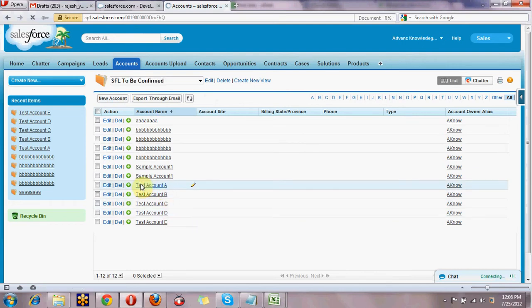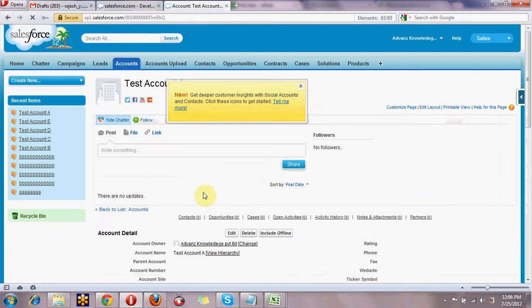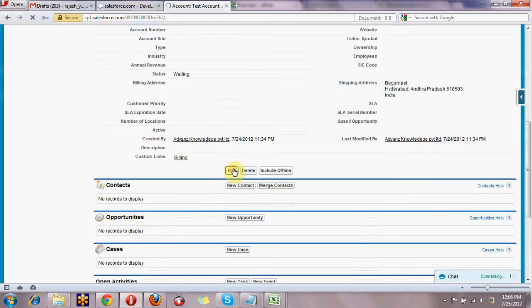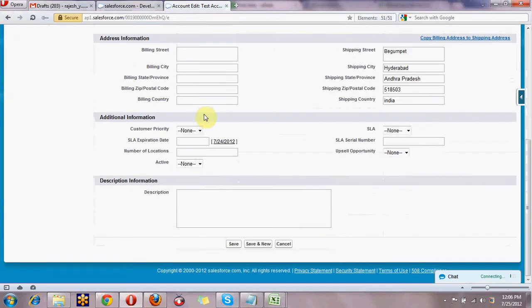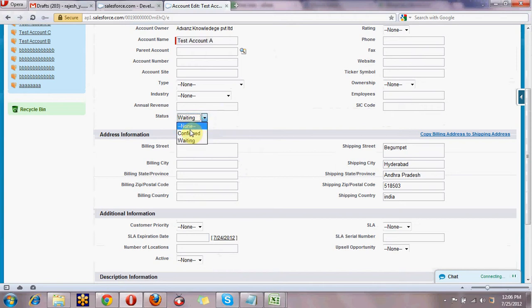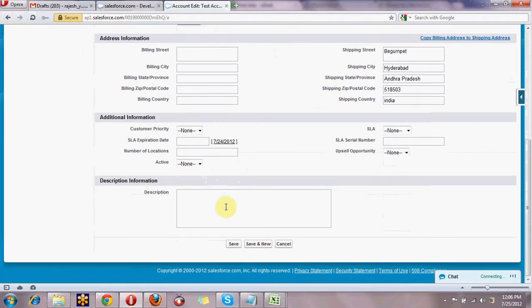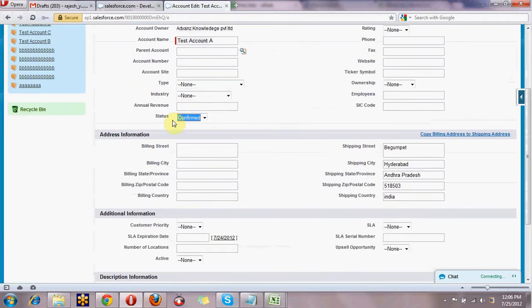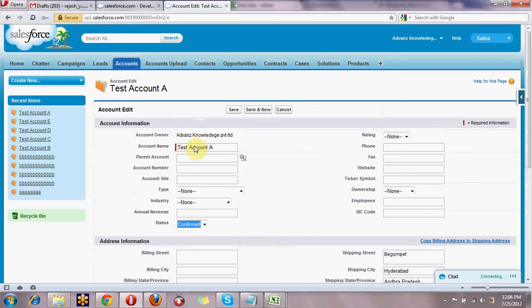I am clicking on A account and editing this one and changing the status to confirm, because the end user will confirm.